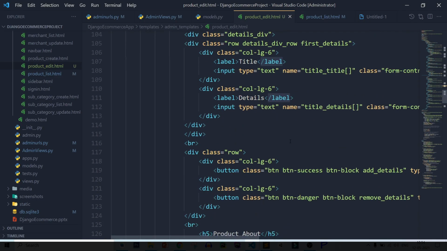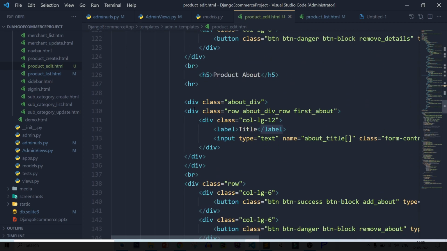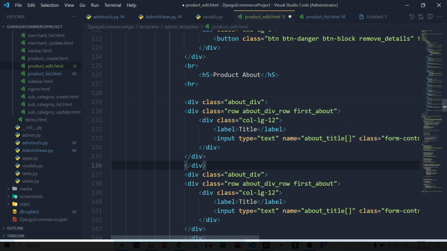So using the same concept here again, just copy the div, make it single, remove this div, because if we add this about div here again, it will copy duplicate multiple times. So we don't need to do anything from this.